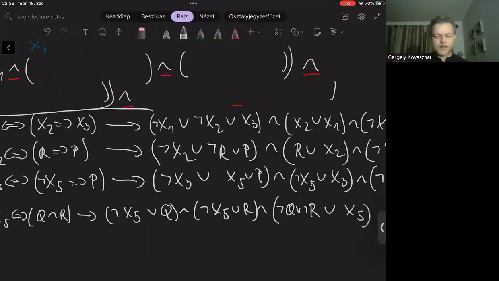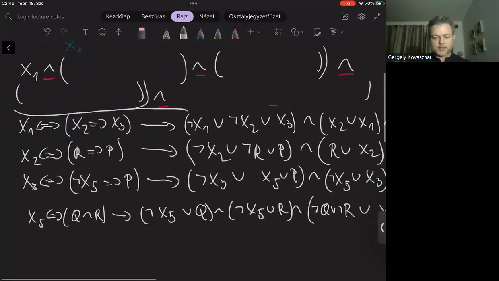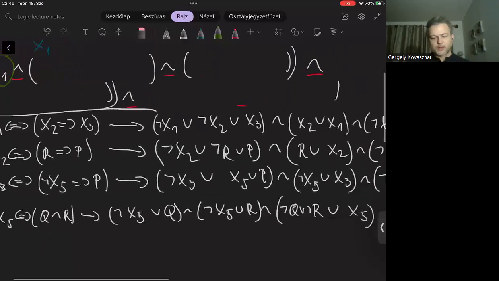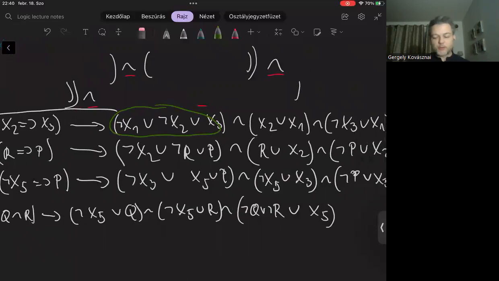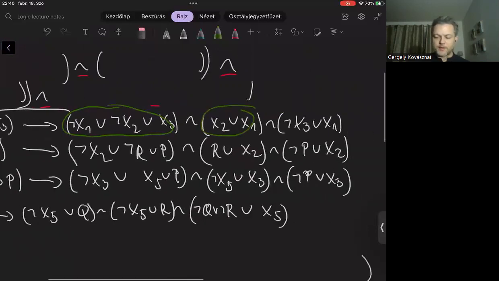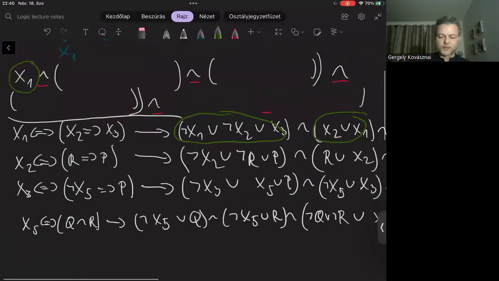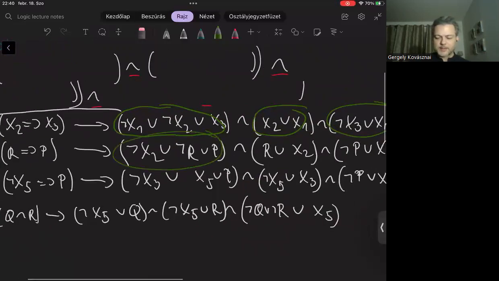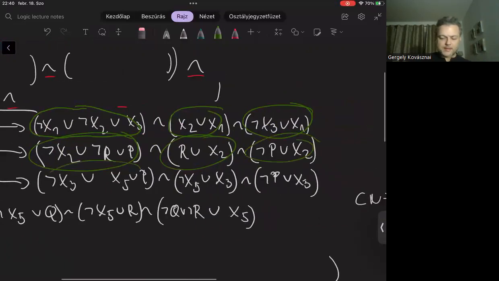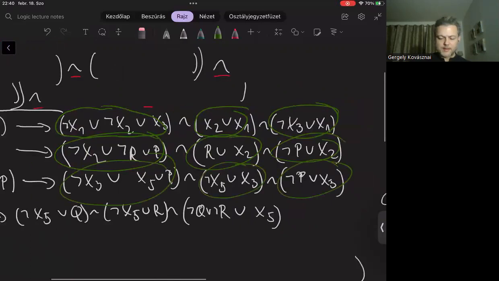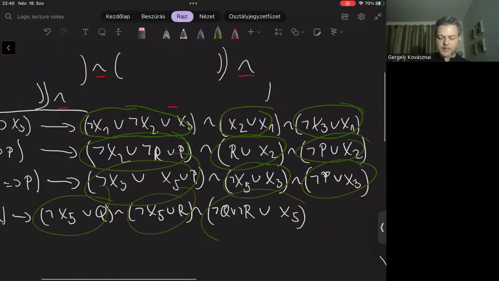because we just assembled a CNF which starts with x1. This is the first clause. This is connected with conjunction with the second clause. This is the second clause, and we continue conjunction, the third clause, the fourth clause. So basically we have 1, 2, 3, 4, 5, 6, 7, 8, 9, 10, 11, 12, 13 clauses inside the final CNF.